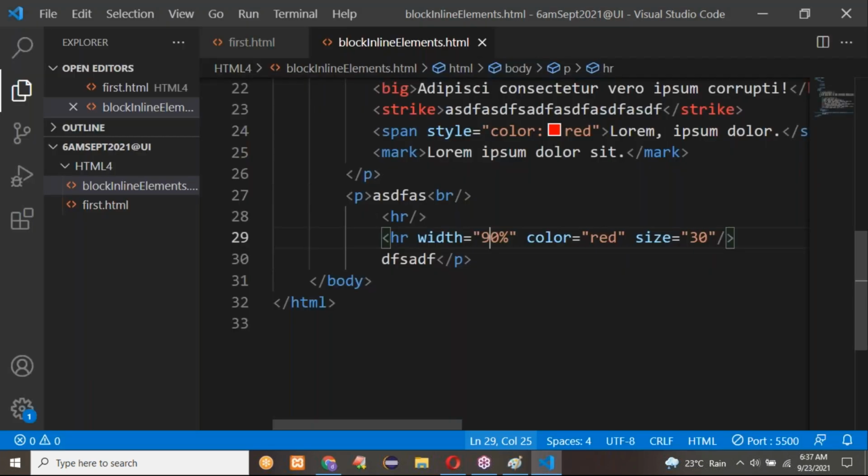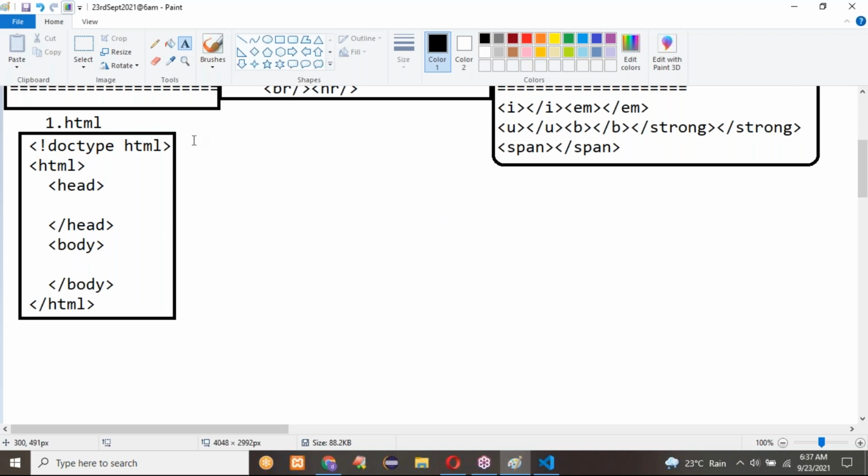I'm using Visual Studio Code for writing the program. I can write like this. I'm moving on to the next tag of our